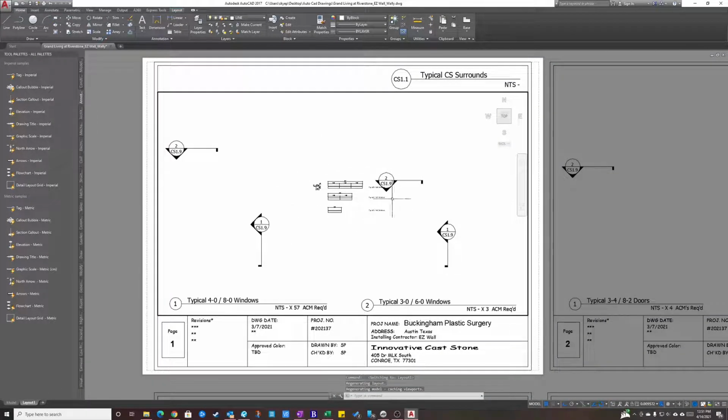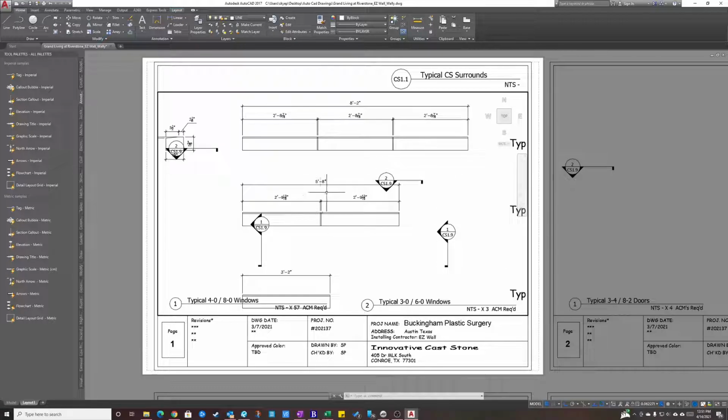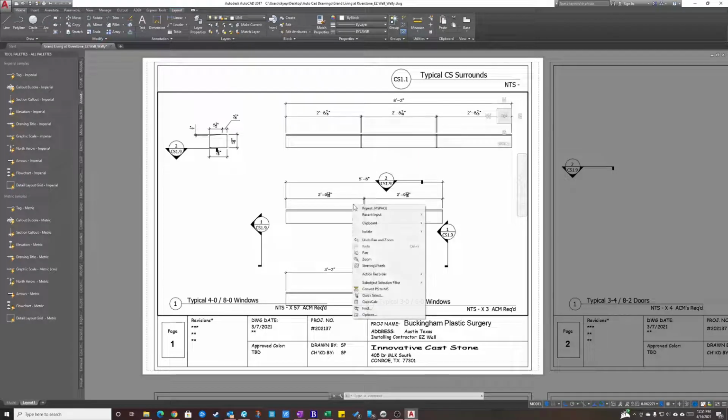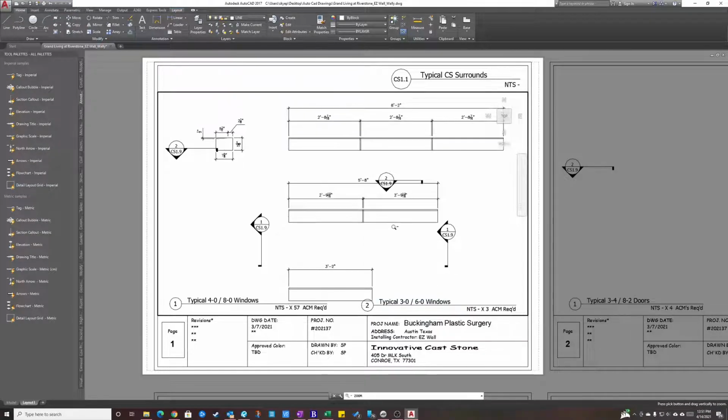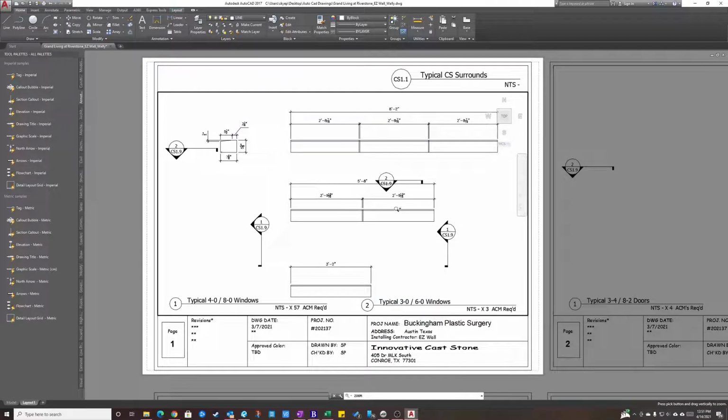See how this is what we just drew. So let's go ahead and zoom out and then zoom back in to see what we're trying to see here. You can also right click for pan and zoom. I do that a lot because it's a little bit more fine-tuned. So what you'll see here is that we're going to zoom in,